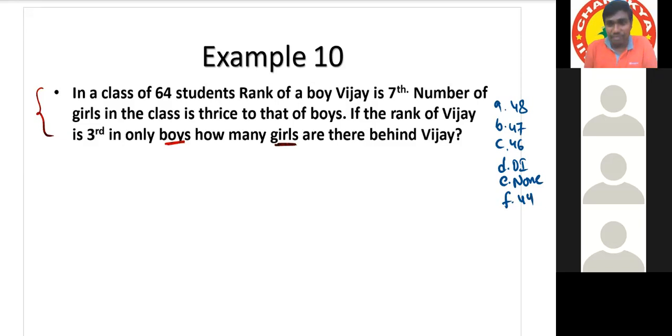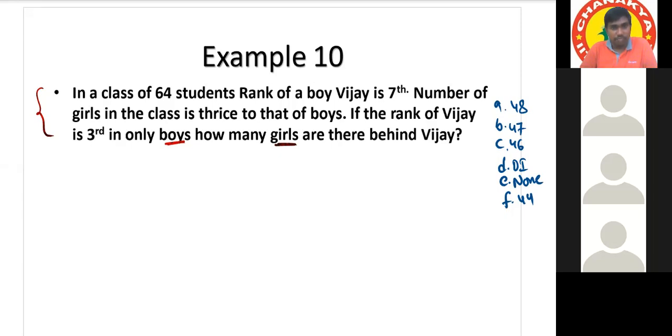If you give response to my questions, we will answer this orally and later we'll see the solution. Okay, just tell me what is the ratio of boys to girls in the class? Boys to girls, sir, 1:3, not 3:1. Boys to girls is 1:3. Boys are one part, girls are 3 parts. Total 4 parts.